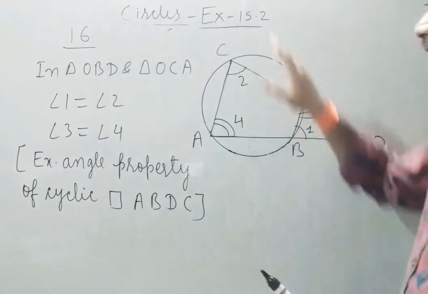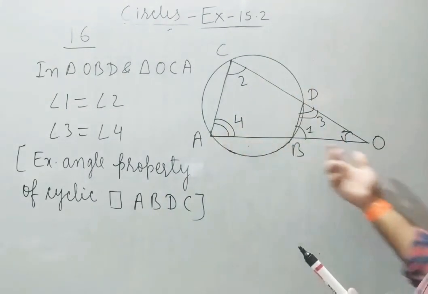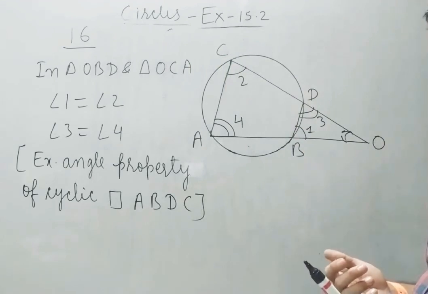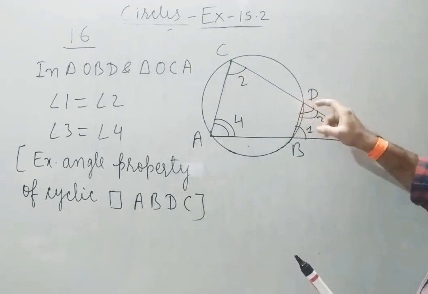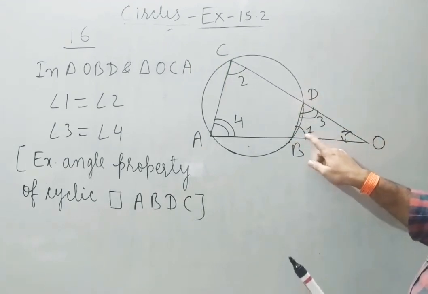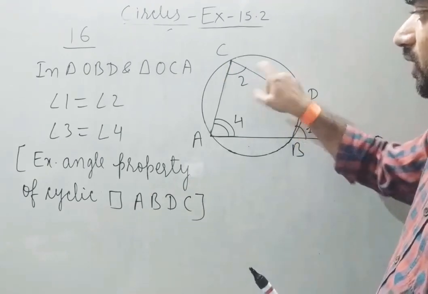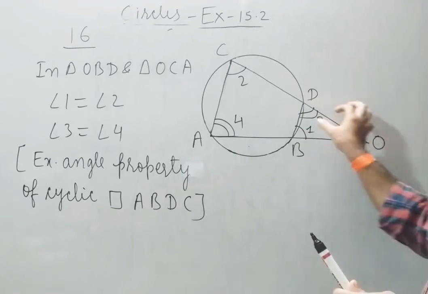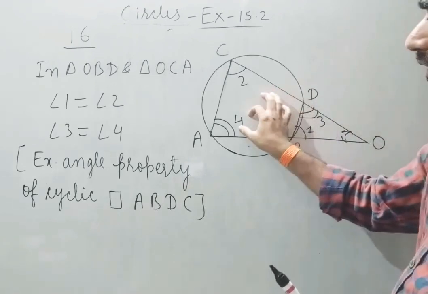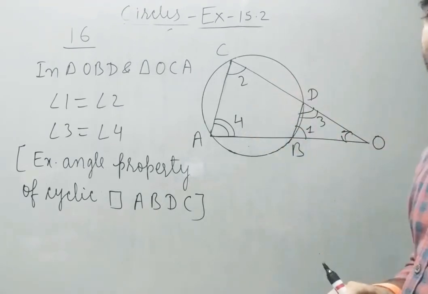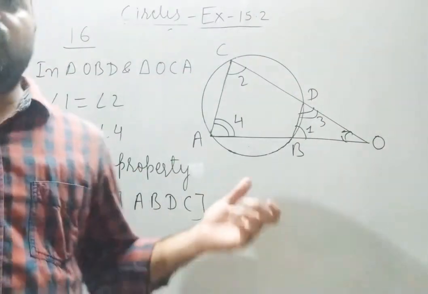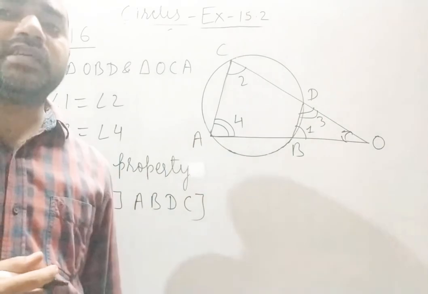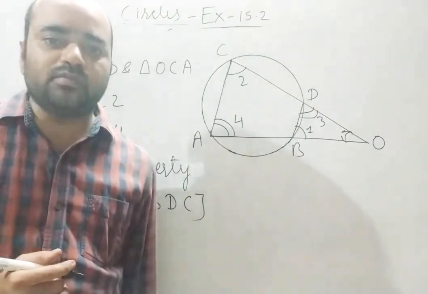See, for A, B, D, C, two sides are produced. AB is produced and CD is produced. That is why we have two exterior angles. One is DBO, that is angle 1. This will be equal to its interior opposite angle, single mark. Another one is angle BDO, exterior, that will also be equal to its interior opposite angle, double mark. So in both the triangles, two angles are equal. So for similarity of triangles, at least two angles must be equal.